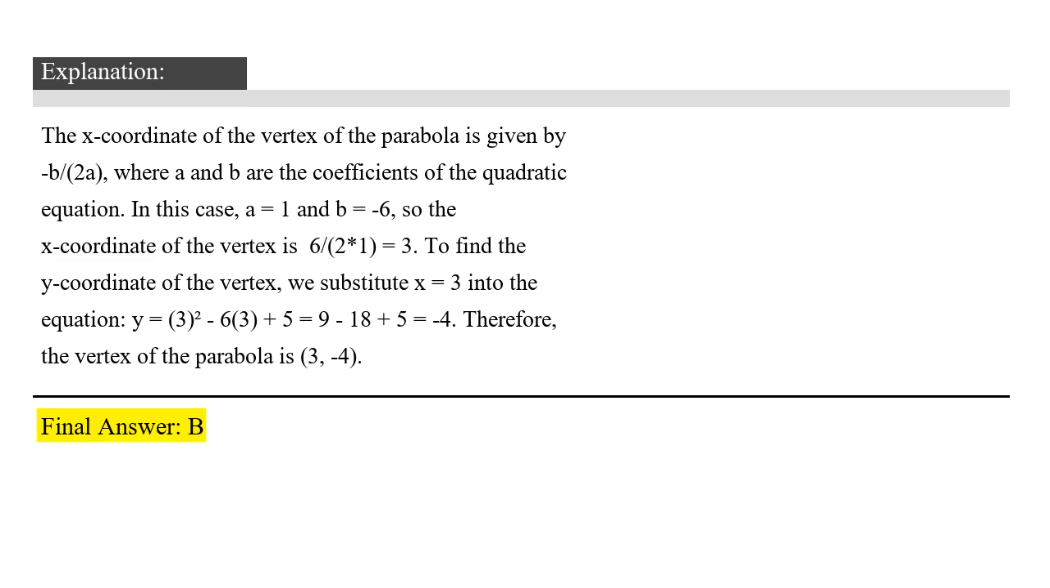Substituting minus 2 for x in the function, we get f of minus 2 equals 5. a and b are the coefficients of the quadratic equation. In this case, a equals 1 and b equals minus 6, so the x-coordinate of the vertex is 6 over 2 times 1 equals 3. To find the y-coordinate of the vertex,